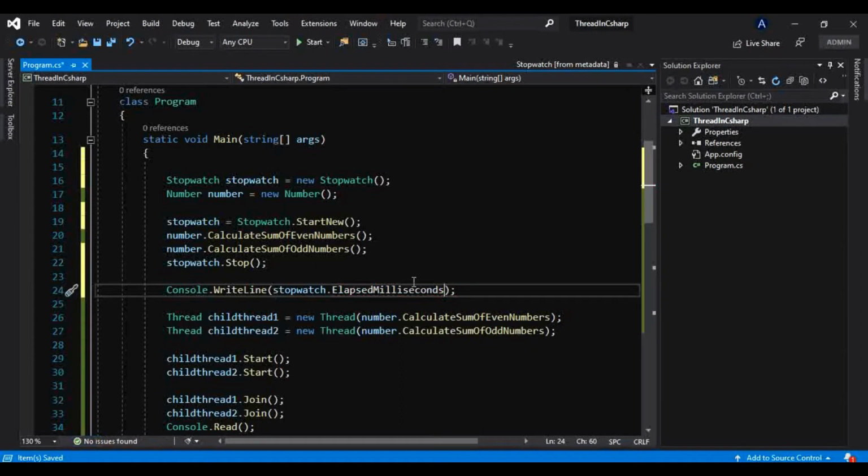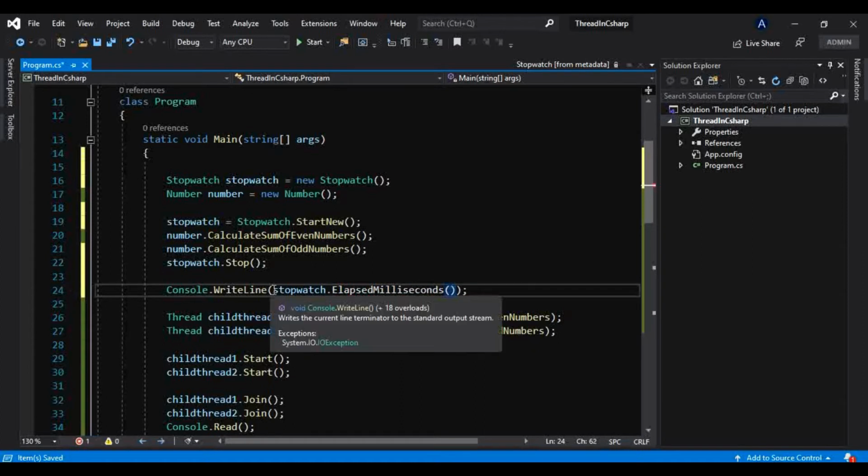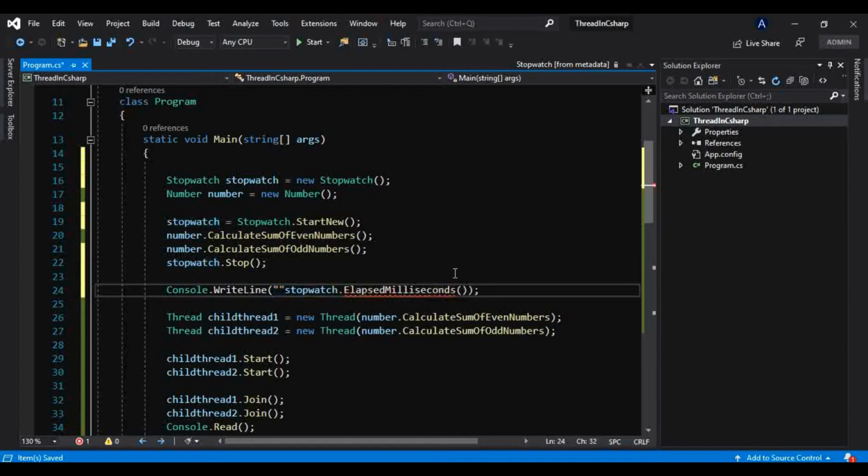So we can use it something like this, and we will print one message here so that we understand what this is, that is elapsed time in milliseconds. Okay.